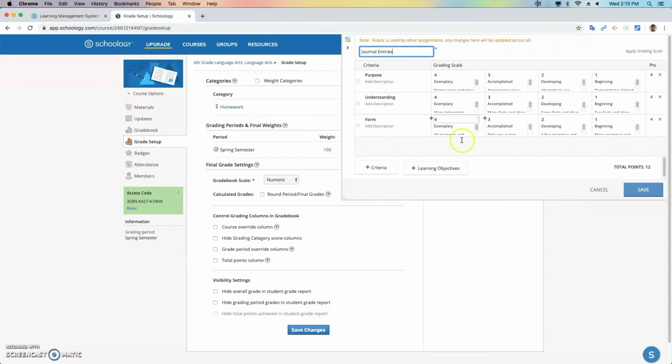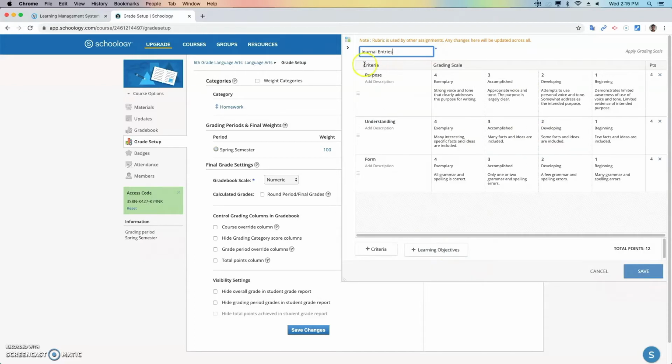So in Schoology, you can create a rubric and you have your title here. I'm going to use this one for journal entries, and you have your criteria here. So I have purpose, understanding, form, and then the grading scale. You can change these numbers here. I have 4, 3, 2, 1, and then I have exemplary, accomplished, developing, beginning, and then I have